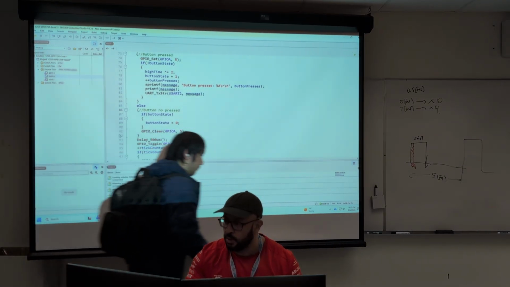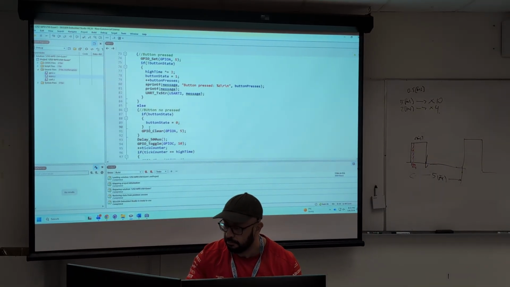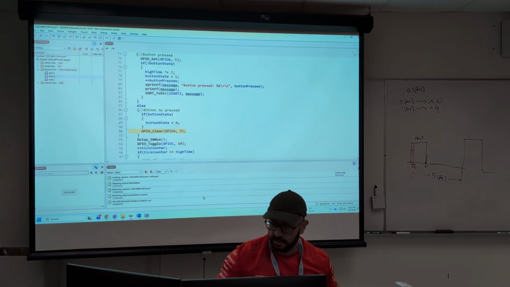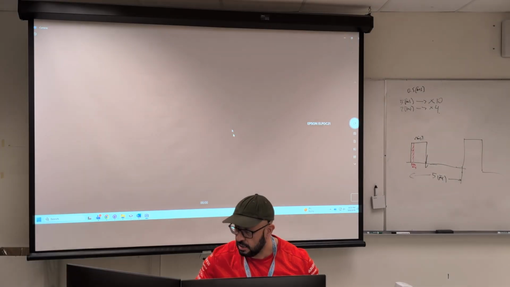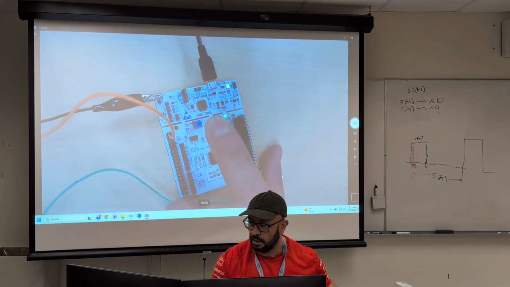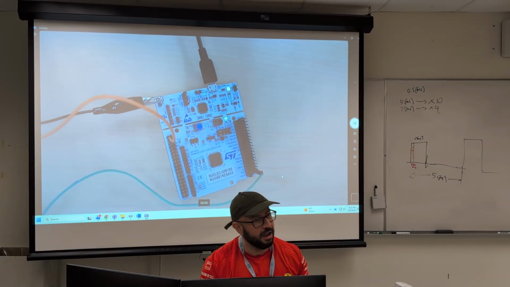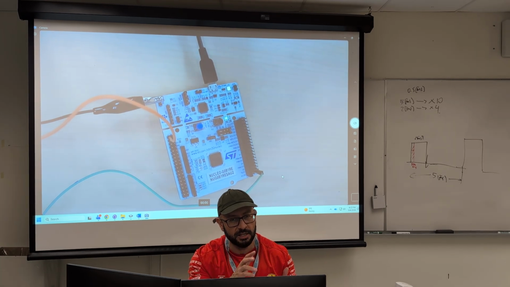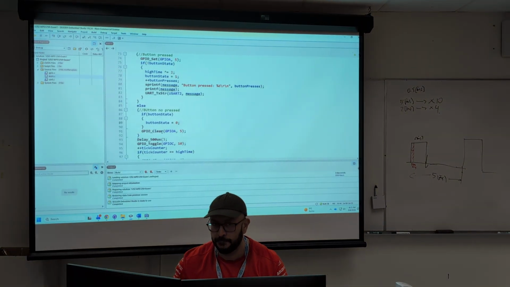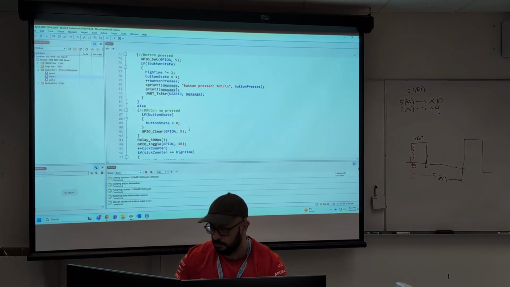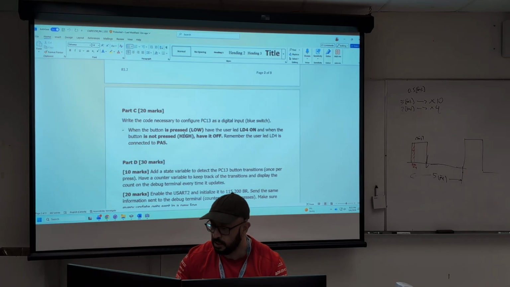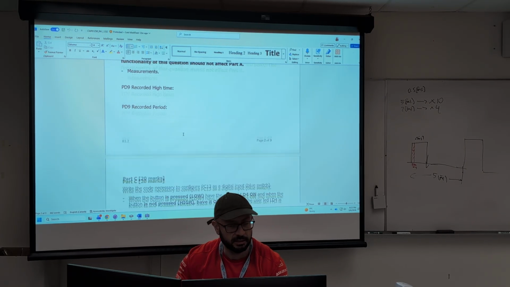Okay. So when the button is not pressed, then we clear. That's it. And that's going to give us this behavior. And this behavior was supposed to be very responsive. See? It cannot be taking any delay. If you were blocking the code for 2 milliseconds, then, well, you couldn't notice either, to be honest. On 2 milliseconds? Yeah, probably not. Anyways, then after you get that, that's already, at this point, 70 marks.